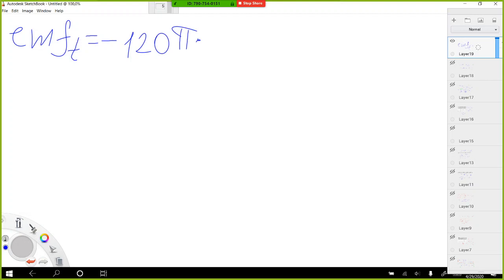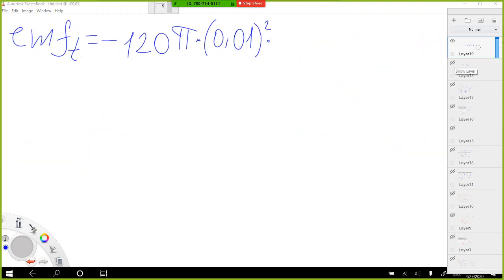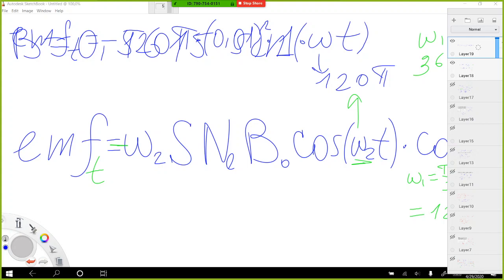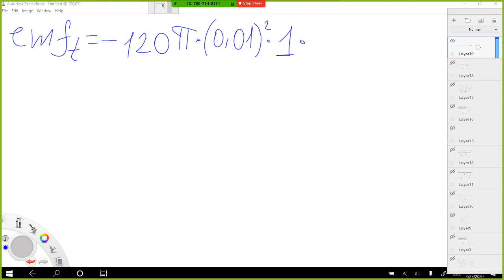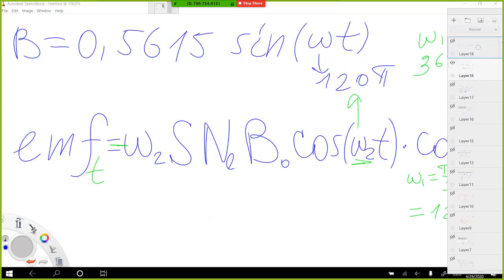So omega 2 is 120π, minus 120π multiplied by S, which is 0.01 multiplied by 0.01, 0.01 squared, multiplied by N, which is 1. So B0 cosine omega 2t. B we found equal to this value, B0